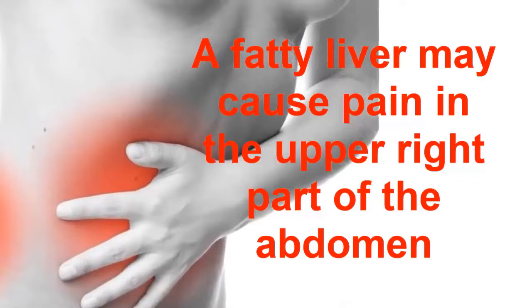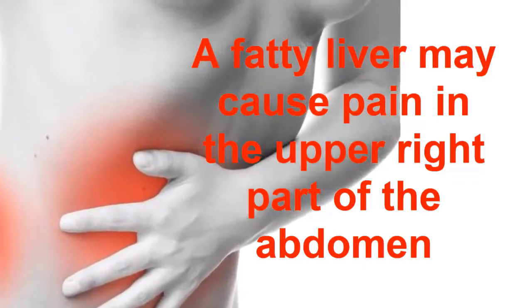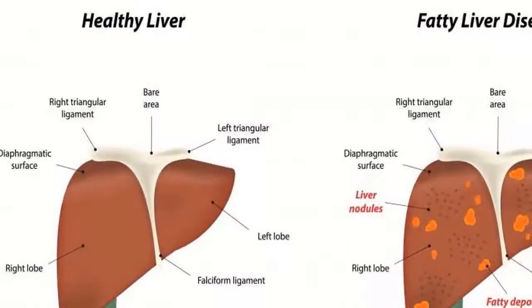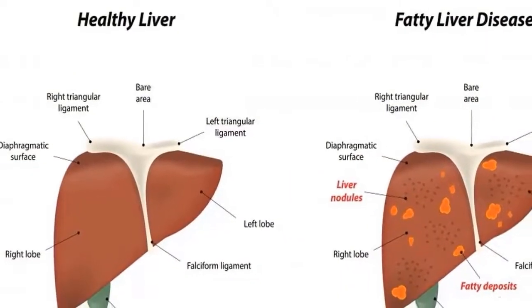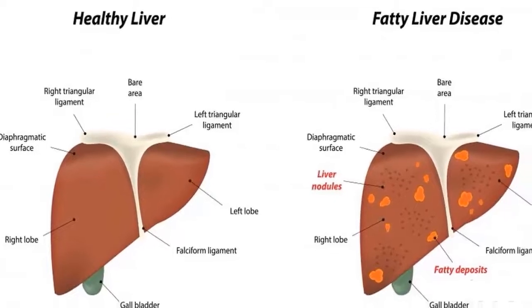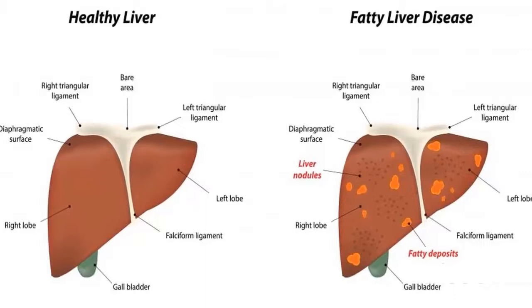In cases where the disease has progressed to this point, patients may begin to experience sharp, severe pain that comes on rapidly in the area of the abdomen close to the liver. If this type of fatty liver pain occurs, it is critical that the person seek medical attention immediately. Partial or complete liver failure can have a significant impact on the body and may ultimately be fatal.